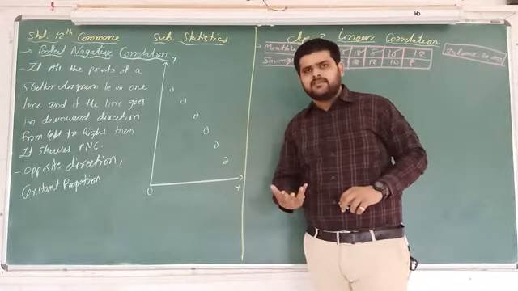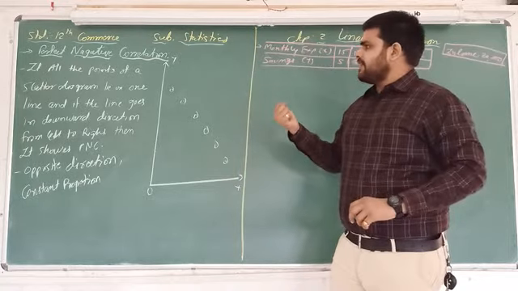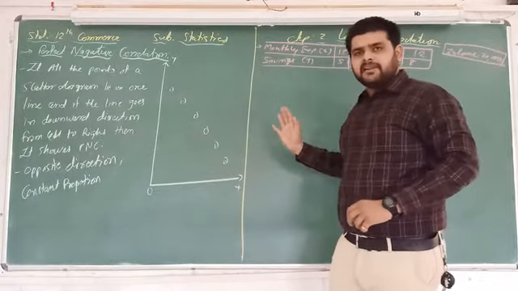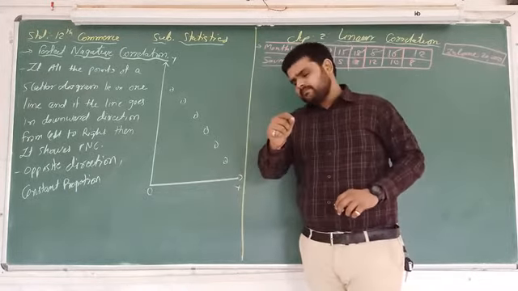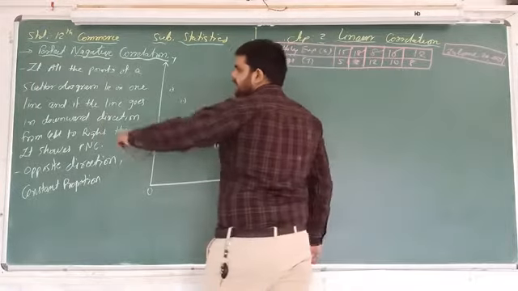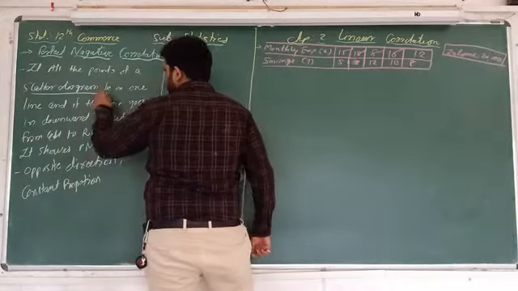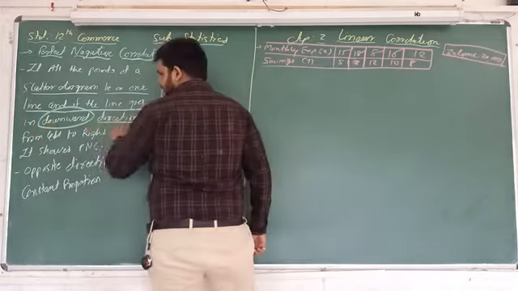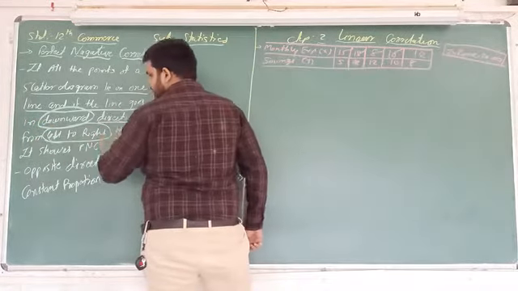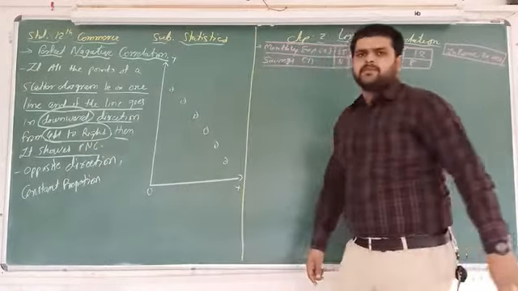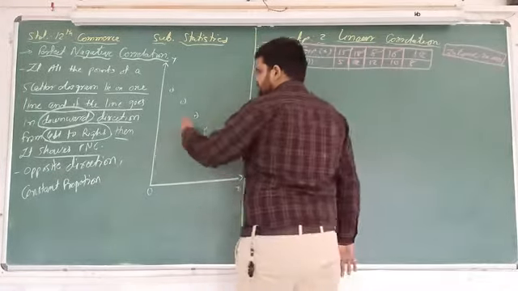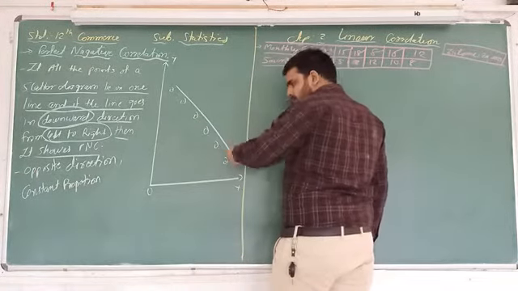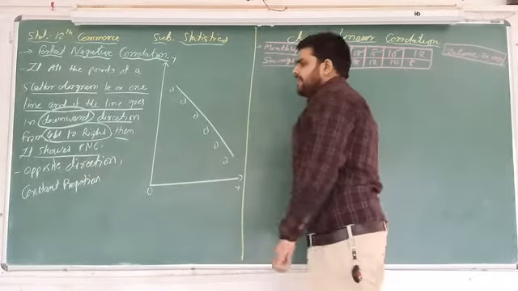What we learned in perfect positive correlation is that all the points of the scatter diagram lie going upward from left to right. Here in perfect negative, if all the points of a scatter diagram lie on one line, and the line goes downward from left to right, then it shows perfect negative correlation.